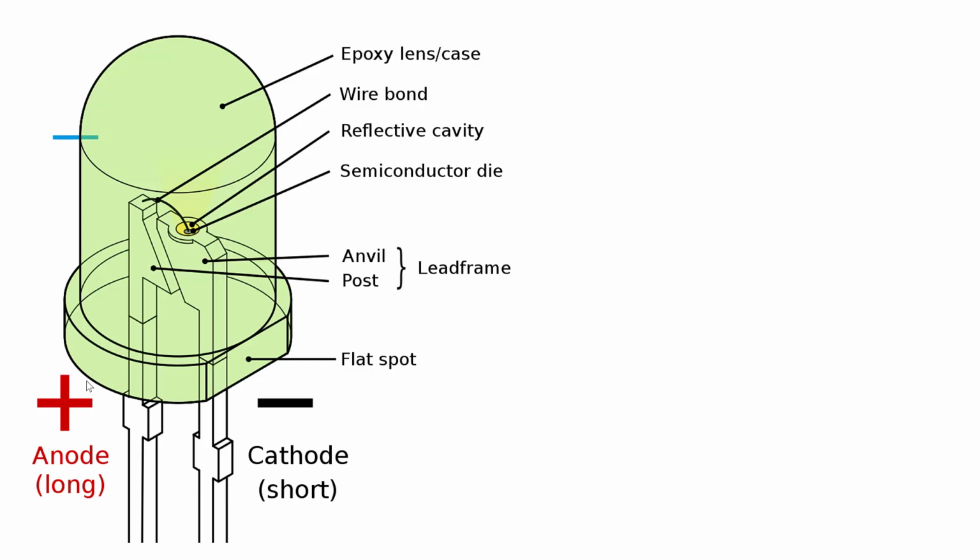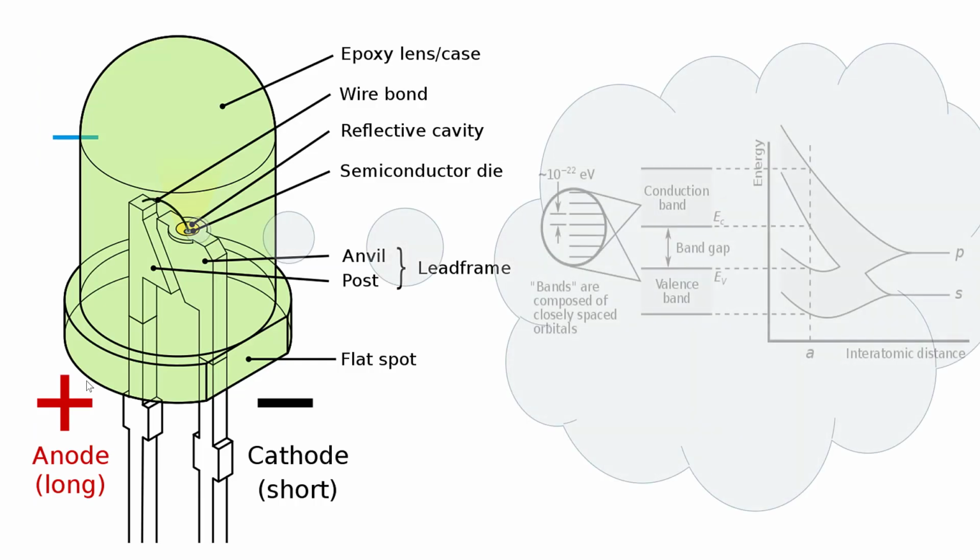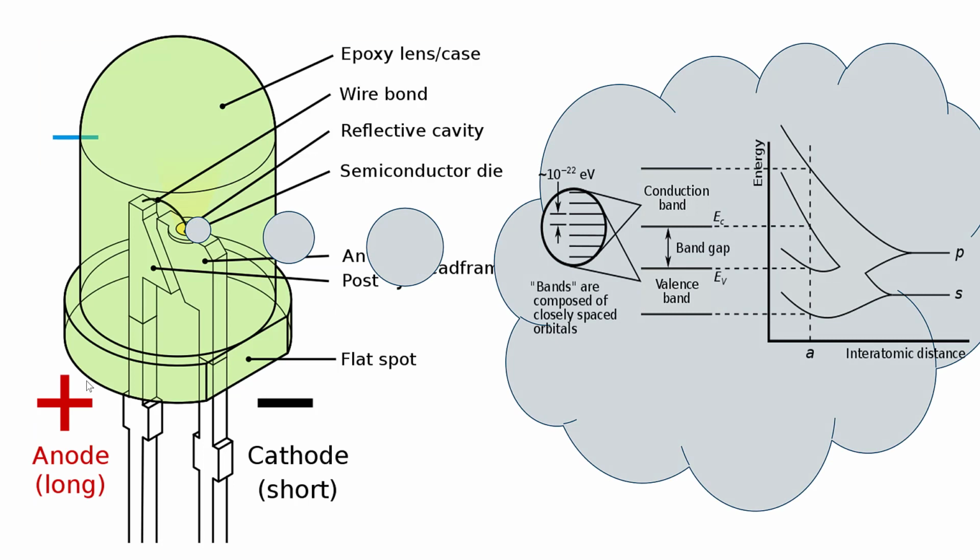Inside the semiconductor material of the LEDs, the separation of the valence and conduction band determines the energy of the photons that are emitted by the LED. The energy of the photon is directly related to the band gap size. The photon energy, E equals hc over lambda, where h is Planck's constant, c is the speed of light, and lambda is the wavelength of the photon. We can determine that the energy of the photon is equal to the